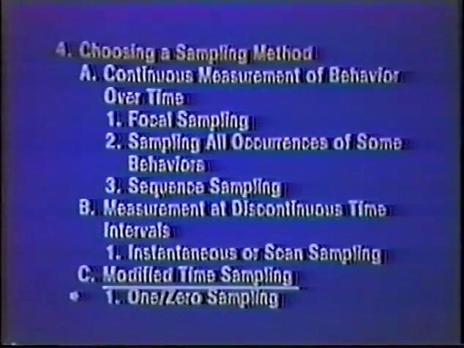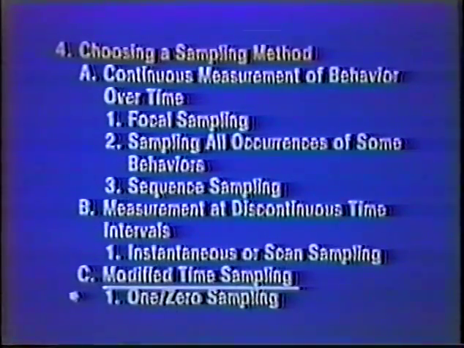The final sampling strategy presented in this program deals with a modified time sampling technique. This strategy is called a modified frequency sampling, or 1-0 sampling method. With this method, the observer scores the occurrence or non-occurrence of selected behaviors within a pre-selected interval of time, for example, a 15-second interval. Each behavior is scored 0 if it did not occur during the interval. If the behavior did occur during the interval, it is scored as 1, no matter how many times it actually